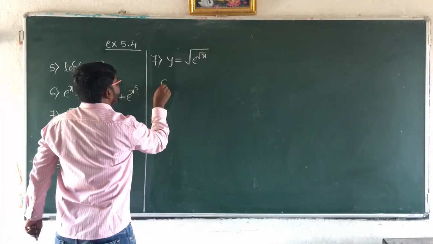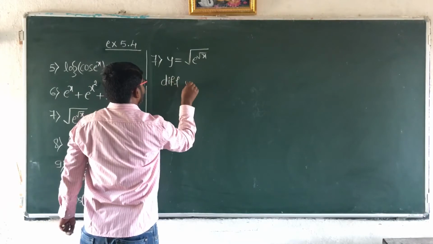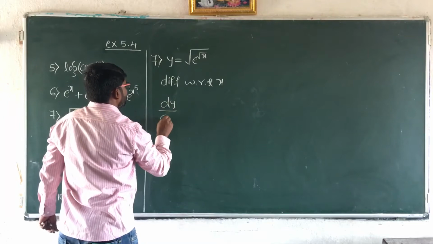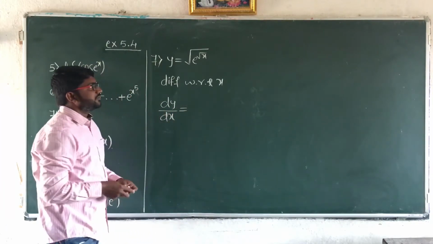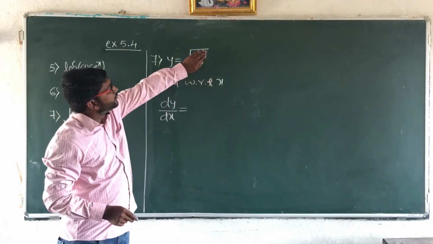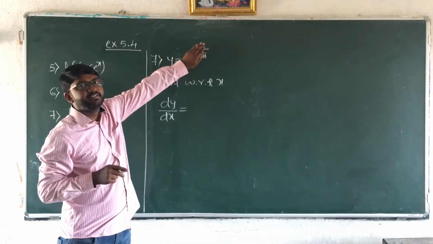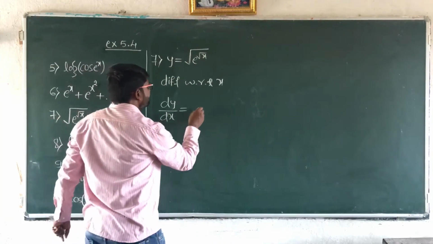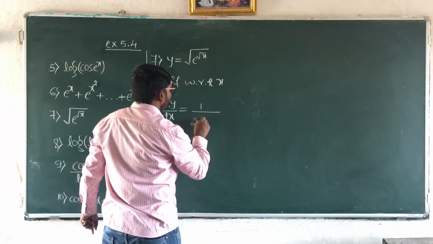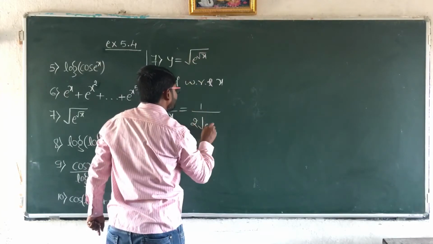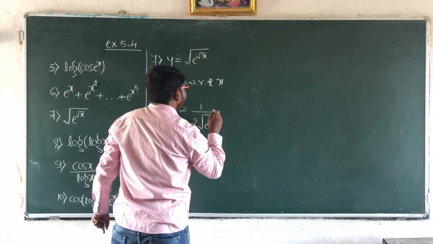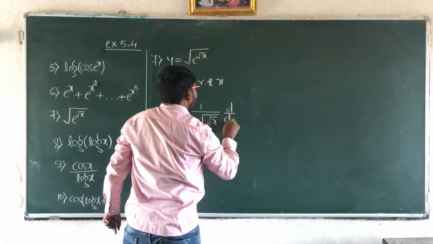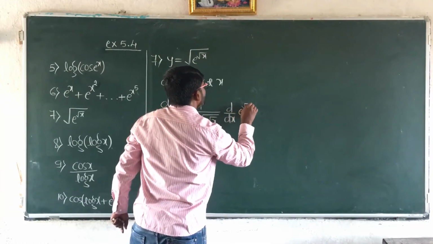So now differentiate with respect to x here. We get dy by dx which is equal to, so now see here, whatever is there inside the root, consider that as one term, consider that as x now. It is in the form of root x. What is the derivative of root x? It is 1 divided by 2 times root x. x is nothing but this one now, e raised to root x, and take the derivative of this particular function, the inside function, into d by dx of e raised to root x.